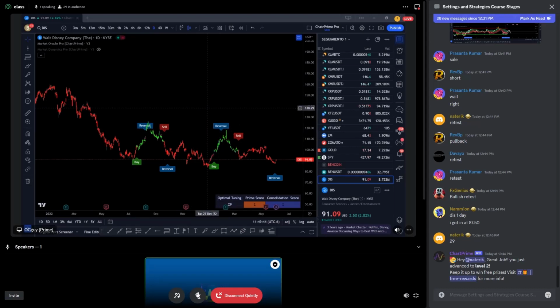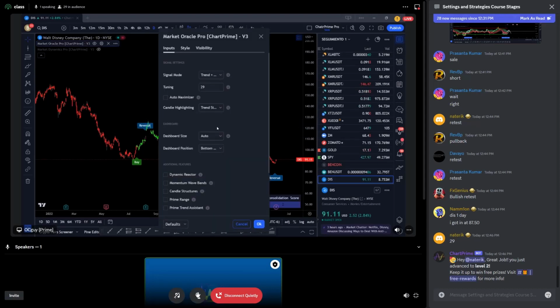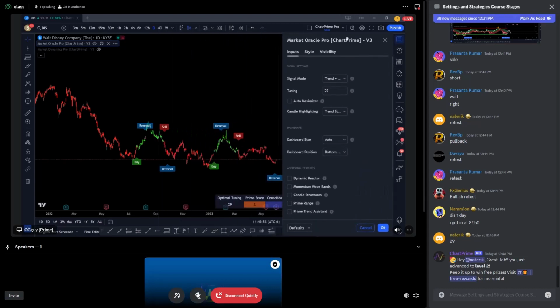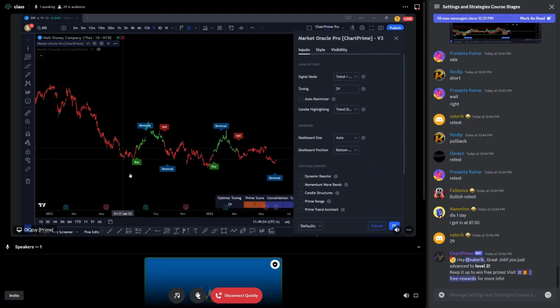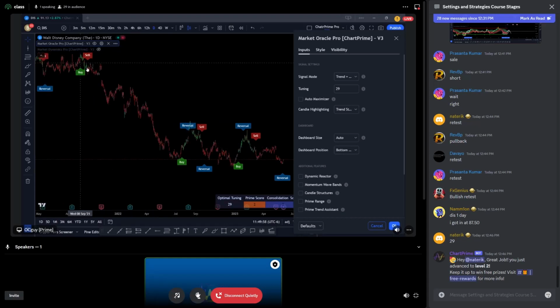In the meantime, you guys ask me any questions. I'm going to keep explaining this. If I want to fine tune this, I can do so. I could either reduce the tuning, which will make the flags much more sensitive but will also add a little more interference, or I could add to it to reduce interference and make the trends much higher, which is the one that I usually lean to.